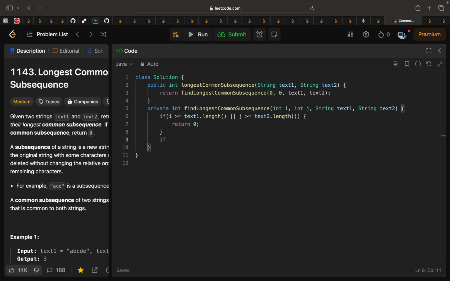Otherwise if we see if we can match the characters, means if text 1's character at ith position is equal to text 2's character at jth position, if these are equal, so we can say that we have found a match, means we can return or